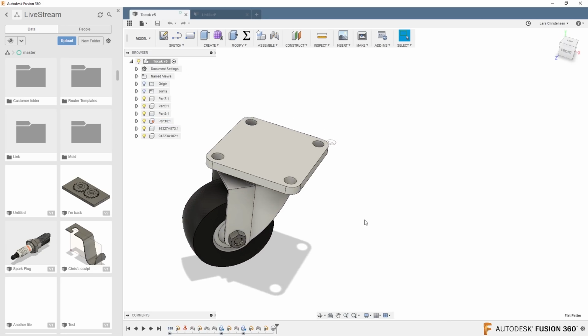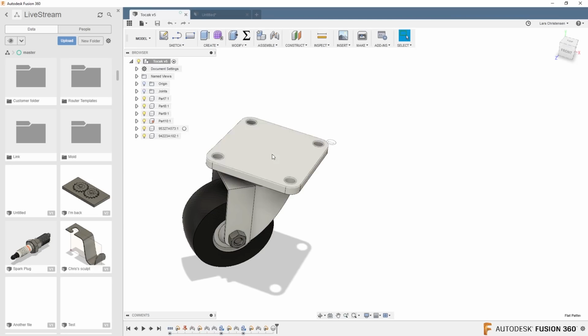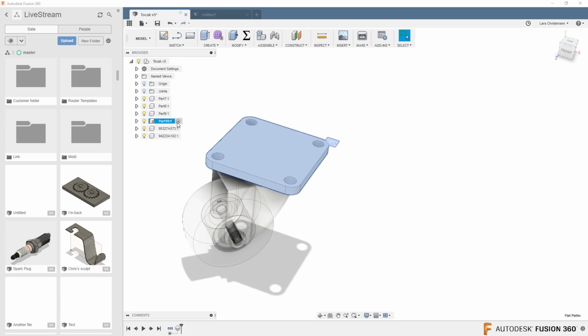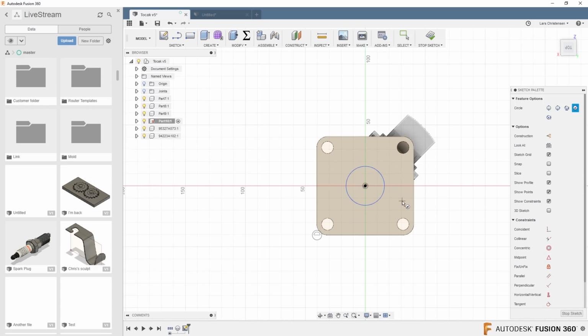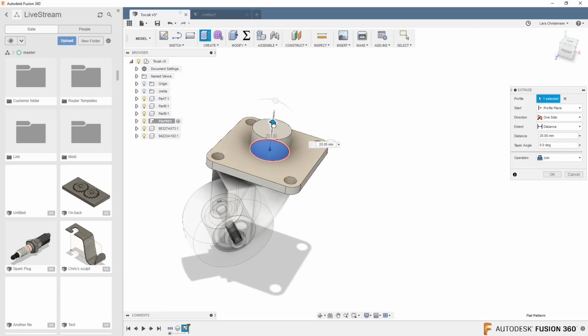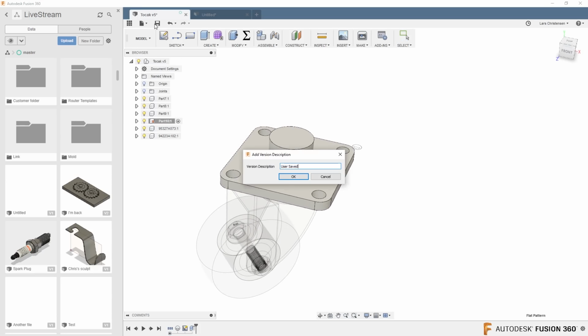Now, what is happening is that any changes that I am doing here will come to this part. See how there's a little arrow over there? But any changes I'm doing in here will not go back to the original part. What do I mean? If we make this part active, and let's just draw a sketch on top of this face here. C for circle, and let's extrude that up. I'm not going to fully define it. Extrude that up. So now we have a start. If I decide to save this part,